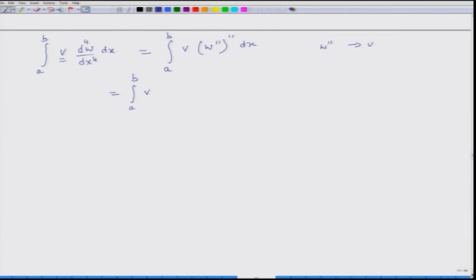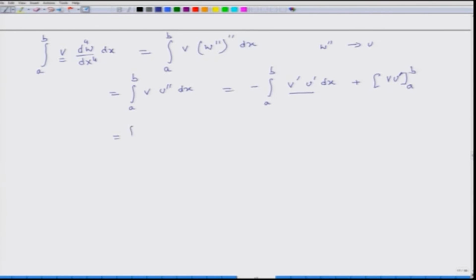So then this becomes integral A to B V U prime prime dx, and when I integrate it by parts I get minus integral A to B V prime U prime dx plus V U prime A to B, okay. So now it is V prime and U prime. So between U and V it is balanced, but U is itself a double derivative. So here on U my continuity requirement is 3 and on V it is 1. So now I integrate it one more time.